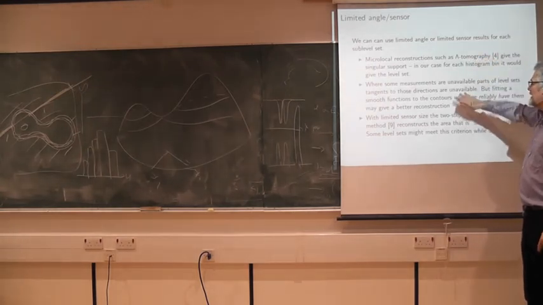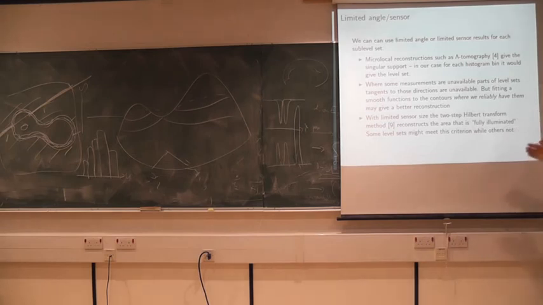Okay, so that was interesting. And then there are limited sensor things like the 2-step Hilbert transform method, which gets a good reconstruction everywhere that's completely illuminated. In other words, every point where you get rays from every direction, like the middle, that's in the sensor view, you can reconstruct correctly. And the bits where you only illuminate from some directions, you can't necessarily reconstruct it. And so you can actually apply that to each